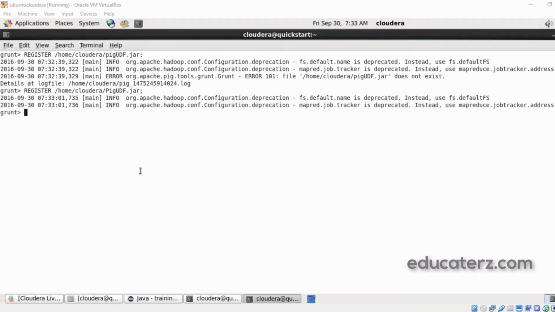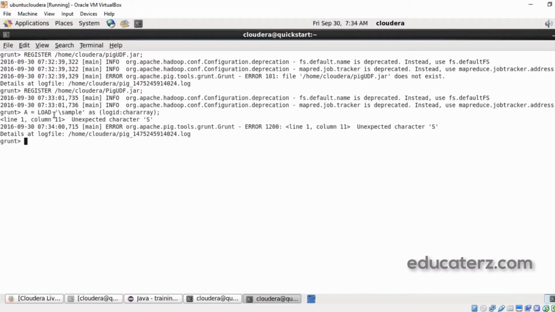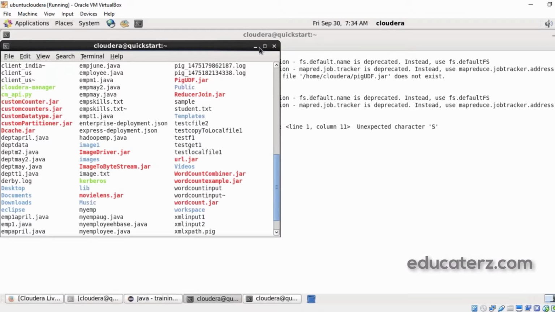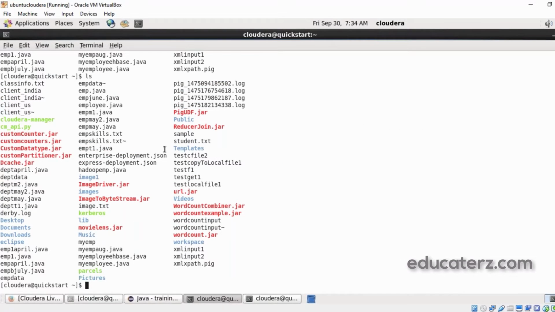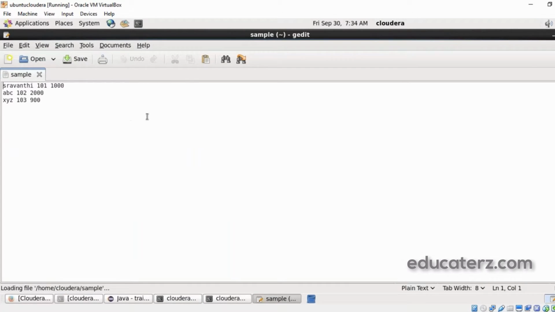And now to test our method, we are just loading some sample. This sample is not there, so let's create a sample file over here. How to create it? Just use gedit and create a sample file. Let's assume this sample file consists of something like hello world